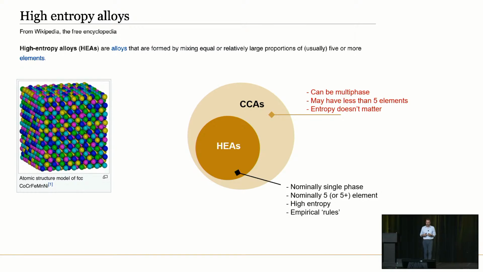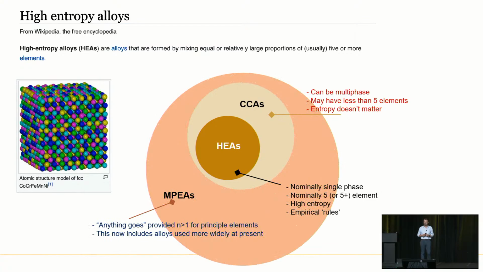And then, in the last couple of years, you'll find people calling these alloys multi-principal element alloys as well. What that means is forget all the rules, provided that you have an alloy that has more than one principal element, it classifies as a multi-principal element alloy. Before, when I was talking about stainless steel, that's got about 70% iron. So that's a single principal element. There's one element that has the majority. Pretty much most of what we use as engineering materials, like pretty much everything on an aircraft, the aluminium alloys, the titanium, the nickel alloys, have a single principal element. So this is a bit of notation for you.